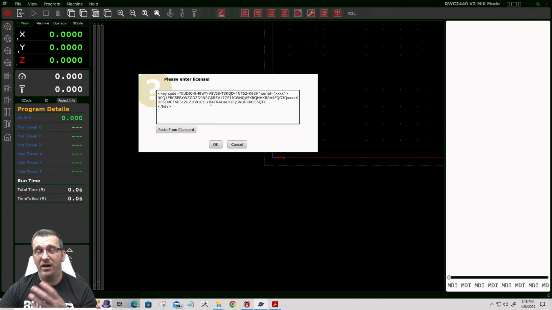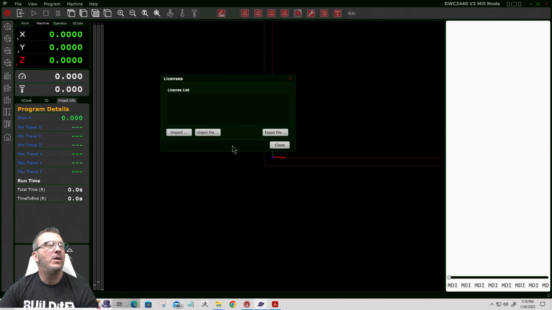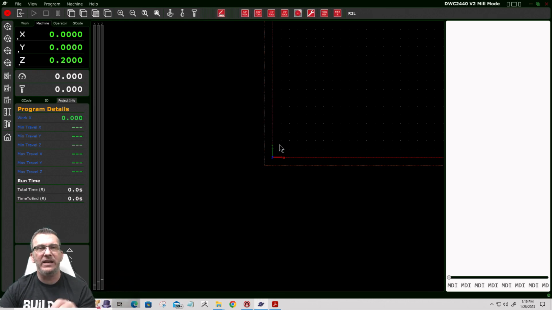If it did not automatically paste, which it should, but if it didn't, click paste from clipboard and it'll paste that license code in there, and then you're going to click OK. Once you click OK, it will show your license in the license list, and you're going to simply close that window and hit close. Now, I don't have anything in my license list because this is just a demo and a setup,